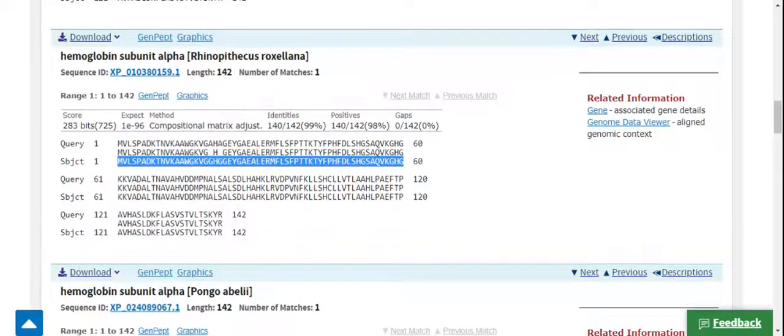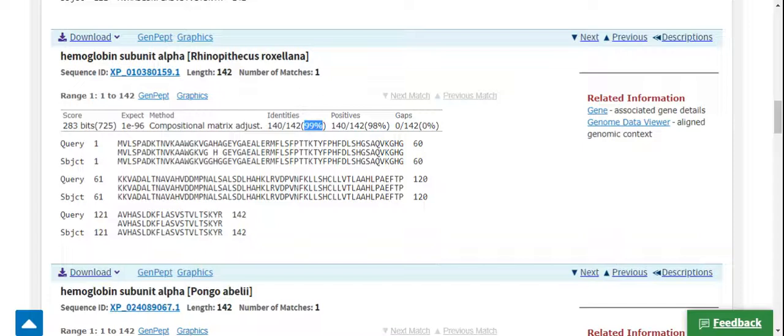Among all these, it shows that 99% of the sequences are identical and 98% are positive, or similar. So it shows very similar and identical sequence matching.